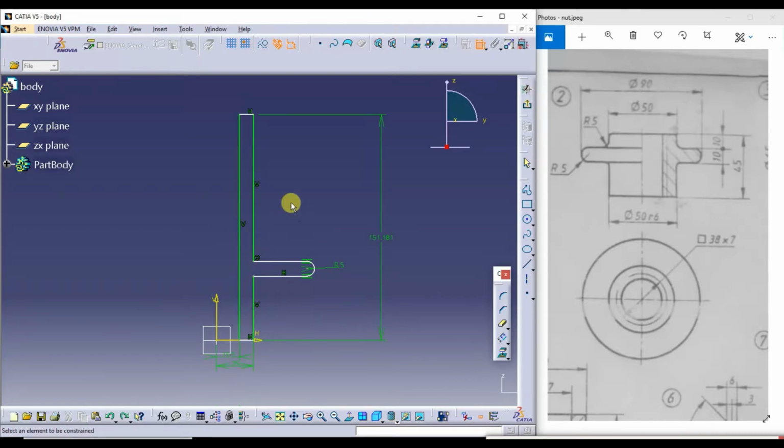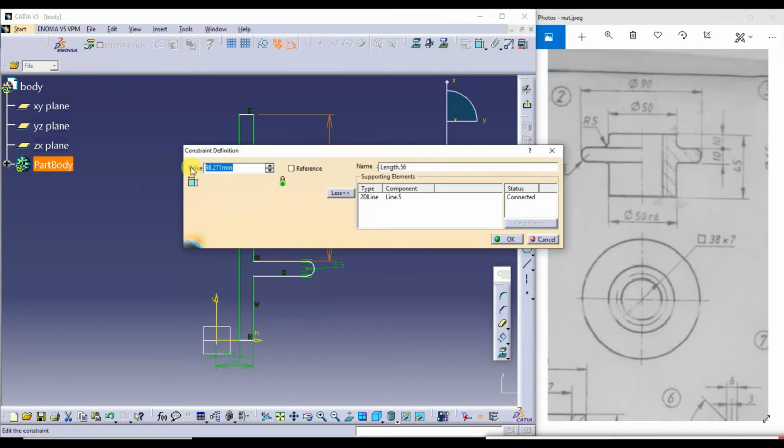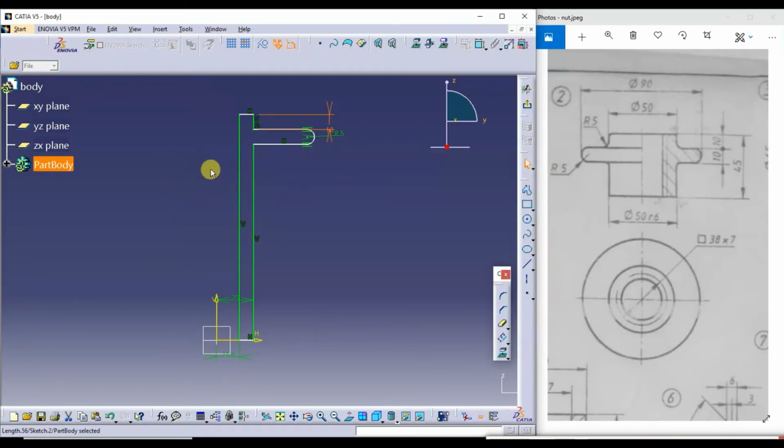So what I do, I'll delete this. I'll give this height as a 10. Next, this is also 10. This is a 10 itself. So there no need to dimension once again for this.